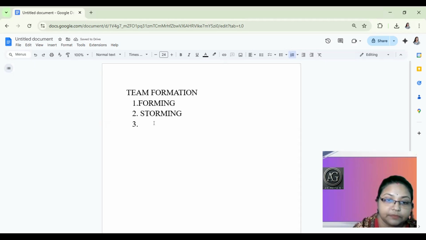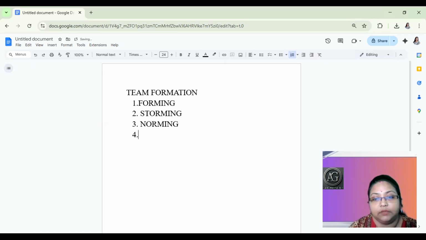Then the next stage will be norming. So what will happen here? Now the team will begin aligning. After the 2 stages, forming and storming, there will be norming. Now that everybody will try to fall in place, the team starts aligning.